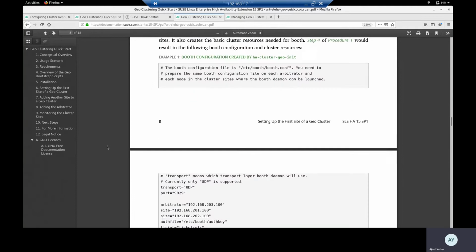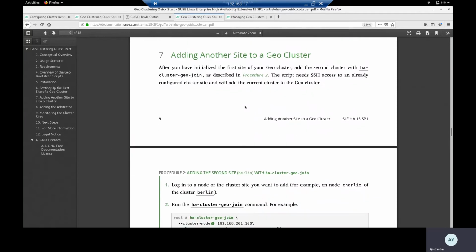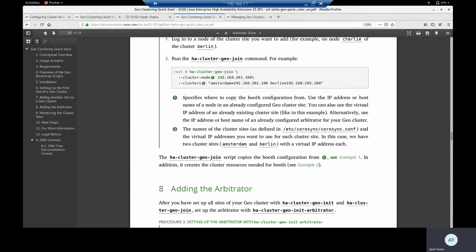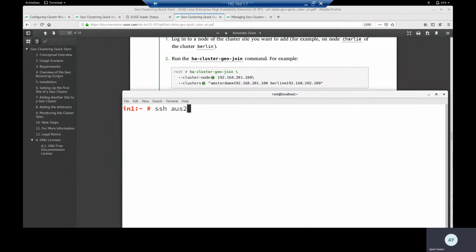Let's come a little down. This is adding another site to the geo cluster. So I need to run this command on my second site, so Australia 2 maybe, or 1.